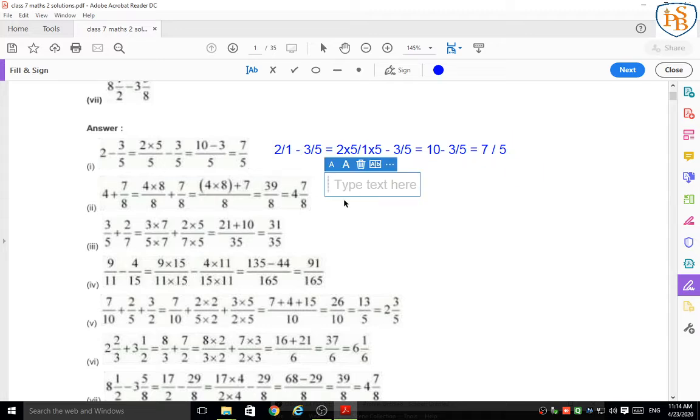The second is 4 plus 7 upon 8. Look at it carefully, they give us a whole number, that means its denominator is 4 upon 1 plus 7 upon 8. So the denominators are 1 and 8 and their LCM is 8. So we have to multiply the first fraction with 8. So in the second step we are going to write here 4 multiplied by 8 upon 1 multiplied by 8